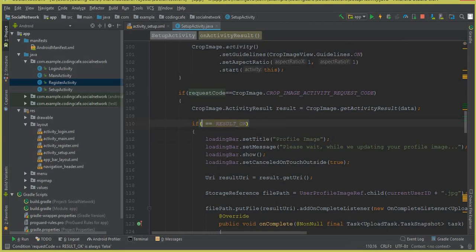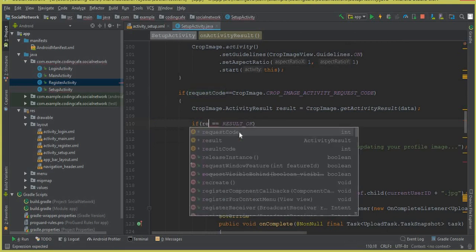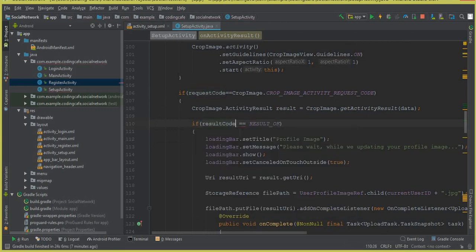Okay, remove this request code from here. This will be the result code. So this is a mistake. You can simply write here result. So if the result code is okay, then we